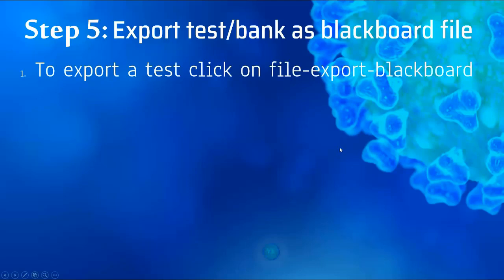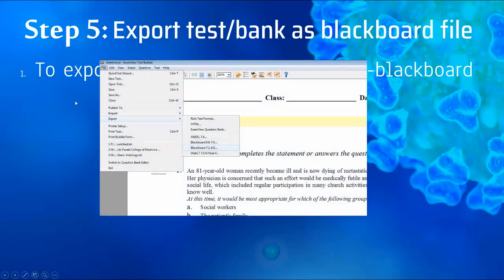To export a test, while the test is open, you click on the menu item File and then select Export, and from Export you select the Blackboard format. Once you click on File and go down and find Export, there is a list of export formats, and you select Blackboard 7.1 to 9, and then once you click on that,